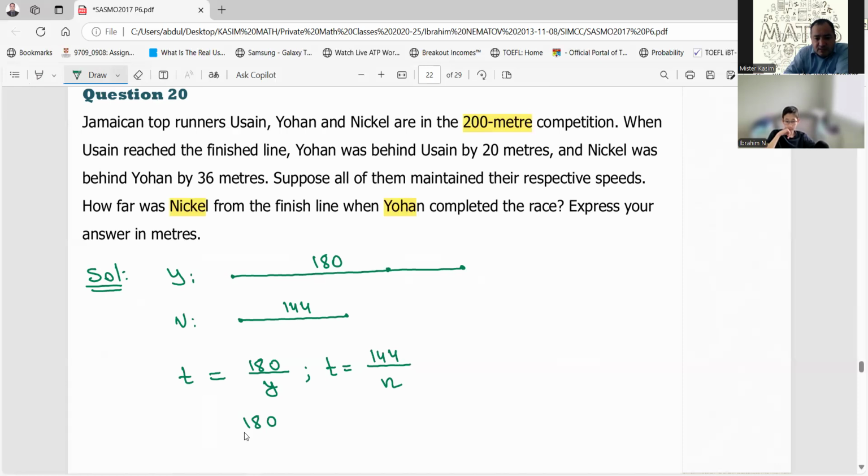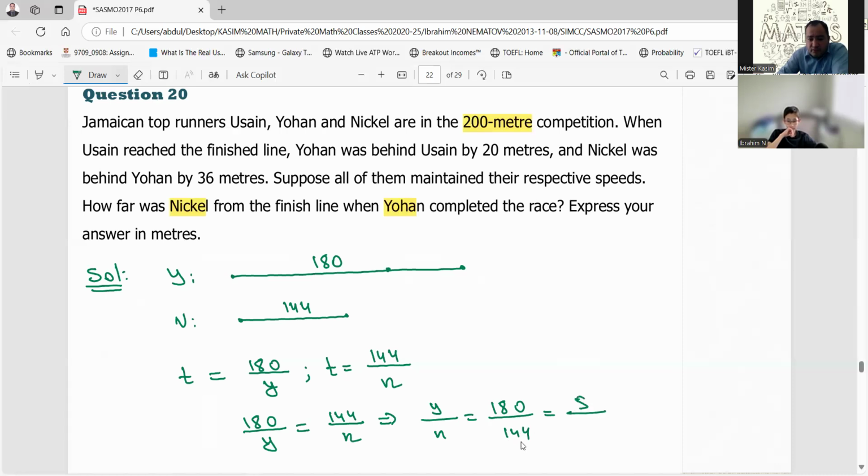Because t's are equal, 180 divided by y is equal to 144 divided by n. Now from this relationship, if I move y to the right and 144 to the left, I get y divided by n equal to 180 divided by 144, which is actually both numbers divisible by 12,